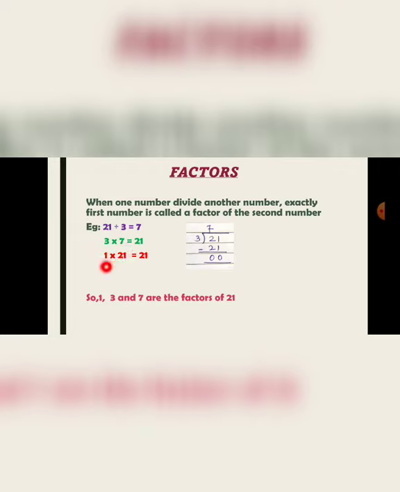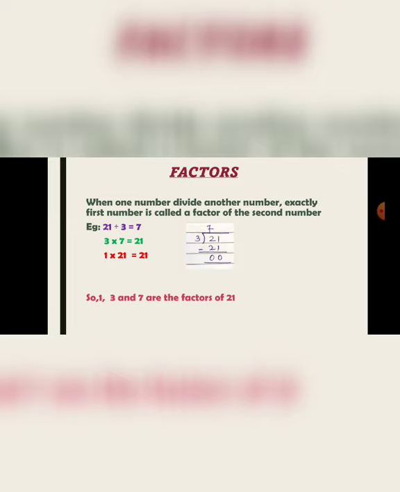Then in the 1 table, and now remember one thing, 1 is the table in which all the numbers are going to come from 1 to 100. So 1 will always be a factor of any number. So 1 multiplied by 21 is also 21. That means the numbers given here, 1, 3 and 7, are the factors of 21. That means 21 comes in all these tables.